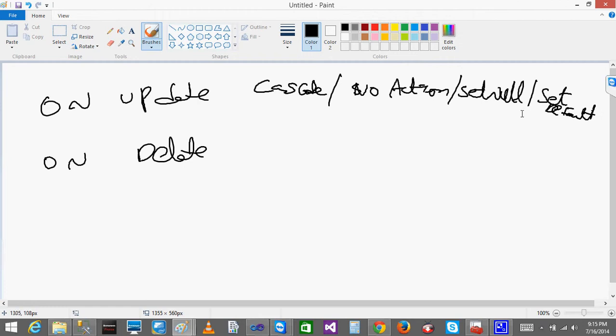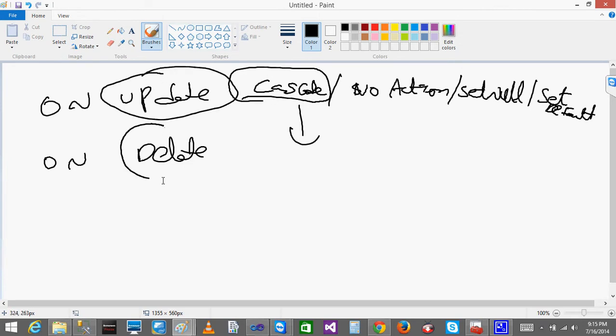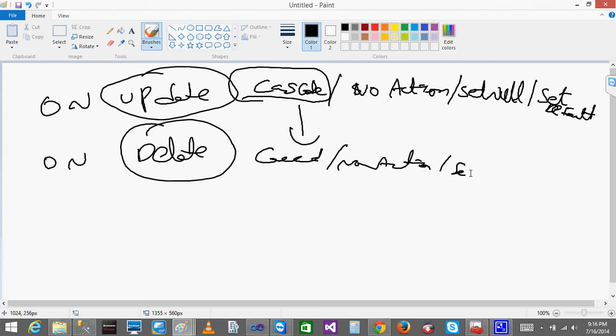Cascade means whatever you do here, delete or update, the same thing happens in the referencing table. You can also give no action, set null or set default. I think my screen got lost, so I'll just stop the video.